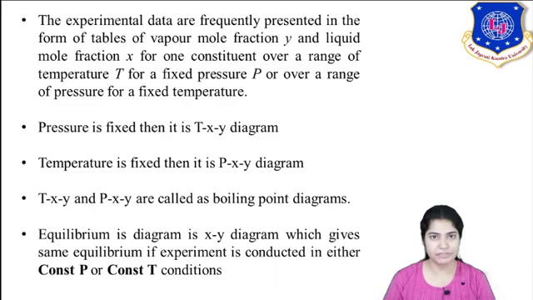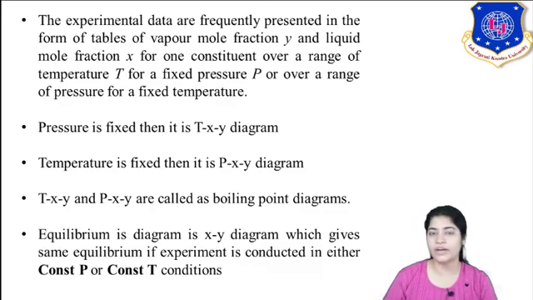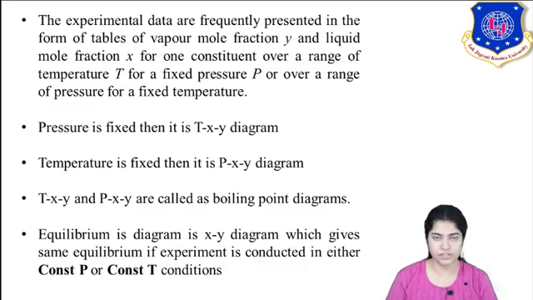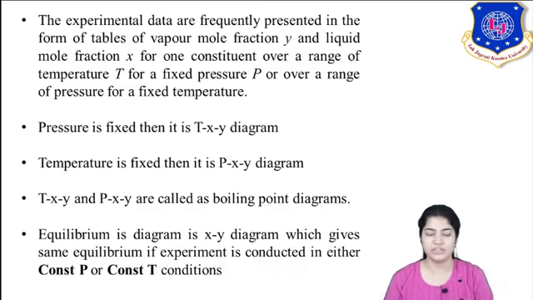At a specified temperature, consider the vapor composition which we obtain, as we saw previously in the boiling point diagram at the bubble point, the onset of vaporization. It means the more volatile component has been converted into vapor. Corresponding to that vapor, we had a liquid composition. These two were in equilibrium, so you get this equilibrium composition. It would be the same whether you carry out your experiment at constant pressure or at constant temperature.